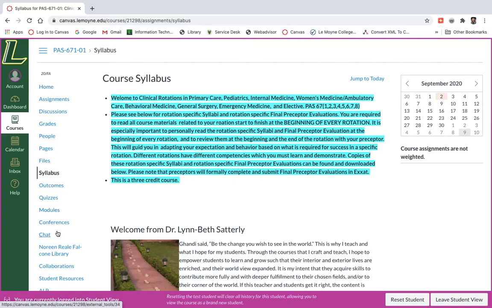There's a couple of tabs here on the left dash that will be particularly important to you. The first is the Home tab. The next is the Assignments tab, and also the Syllabus tab. There's also a Quiz tab, which you'll see your exam grades in, and that will be important to you. There's also a calendar that you can click on days, and that can help you keep organized. Also, when the course goes live, there will be an Announcement tab, and that's an important tab to check in